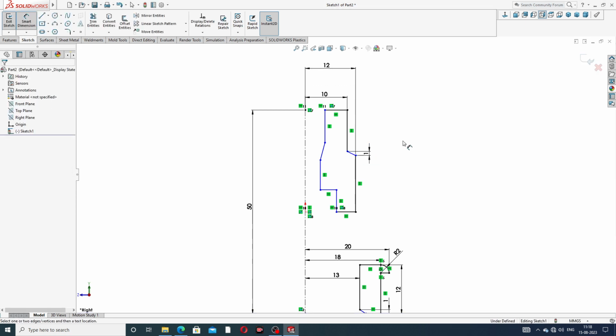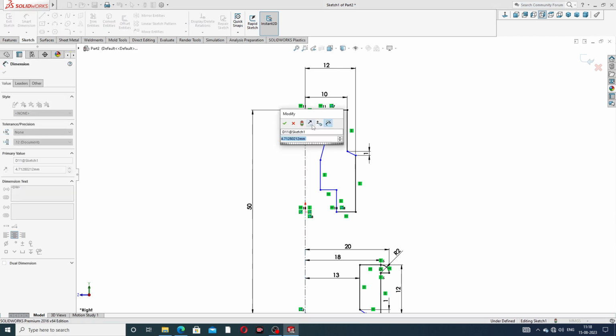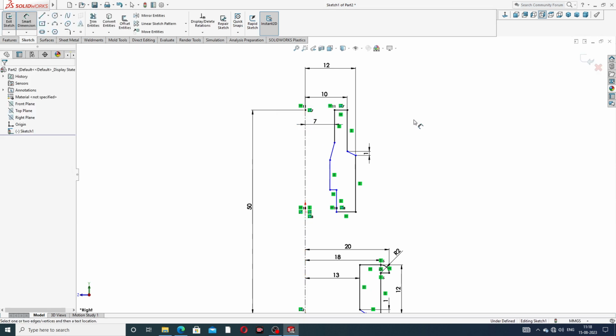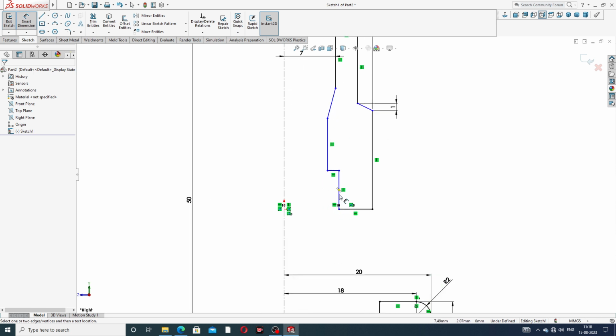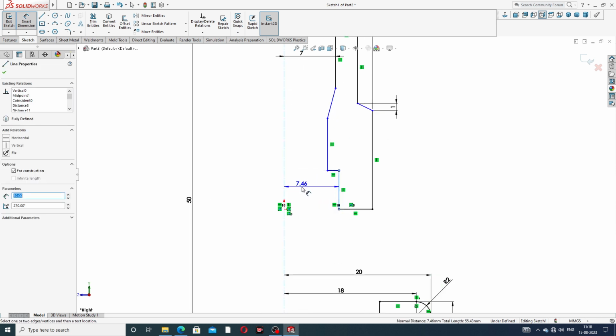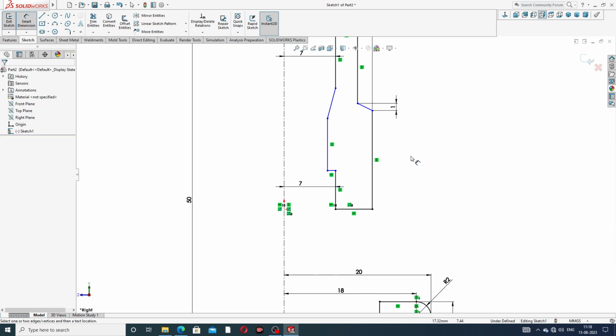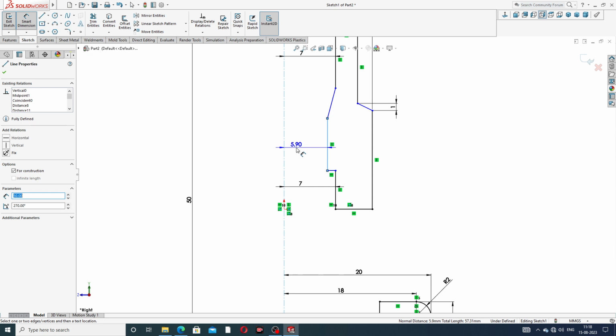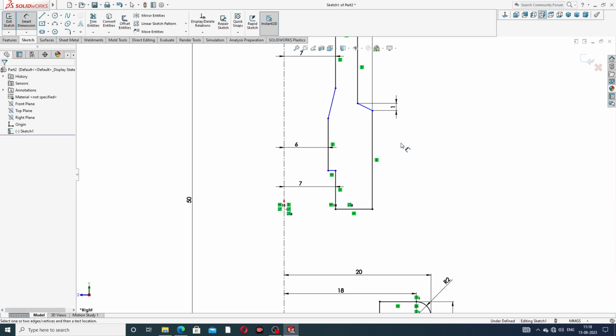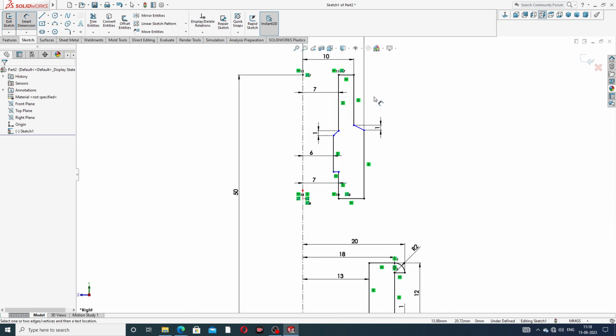Okay, all is perfect, and this 7 millimeter is perfect, and also this is 7 millimeter, and this is 6 millimeter. Okay, and this line is also 1 millimeter. Perfect,